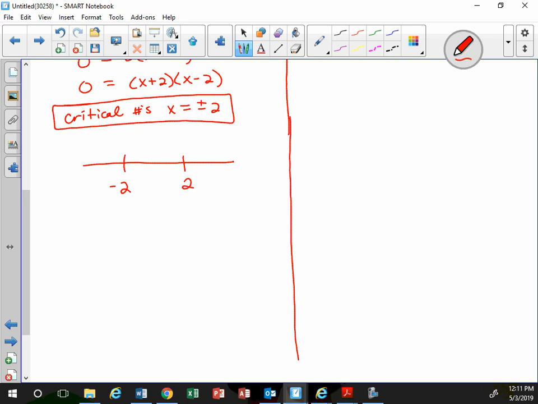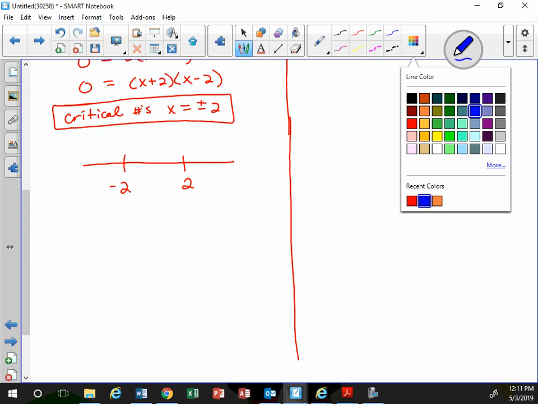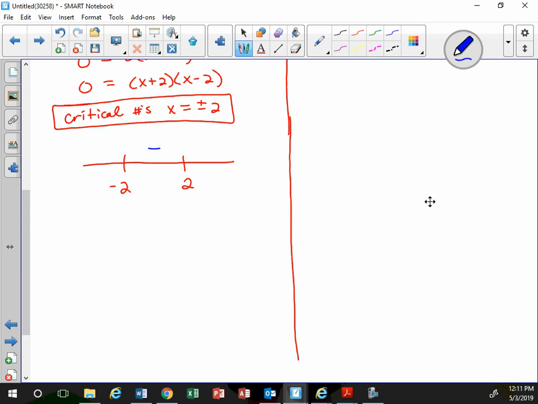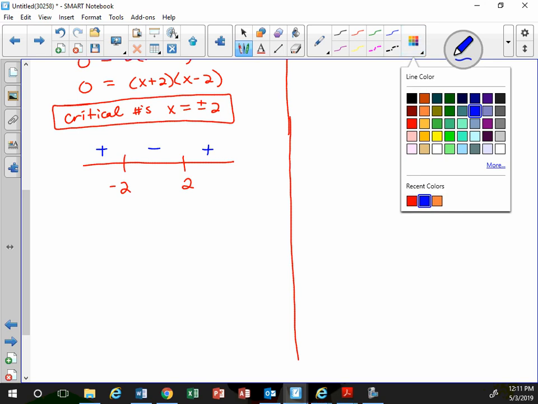Will this alternate? Yes. Why? Not a bounce. It doesn't have multiplicity, right? It's not x minus 2 quantity squared. It's just x plus 2, x minus 2. So yes, it will alternate. Okay. So what this means,